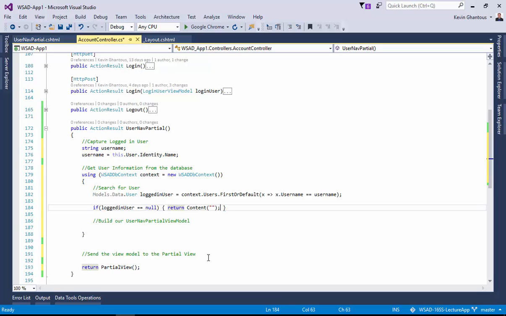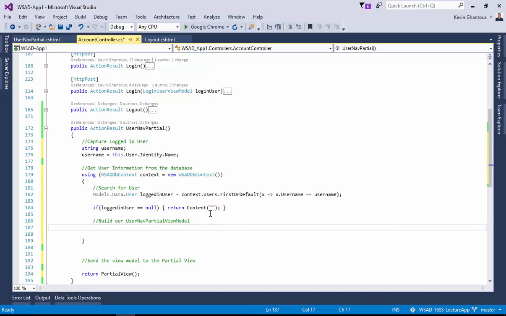We don't want to give away any information, so let's just set that to an empty string and be done with it. That would basically mean that nothing is rendered out to the web page, or at least nothing's rendered out from our partial, so our partial doesn't load. Now, if it isn't null, which would be the exception case, then we say that we need a user nav partial view model,